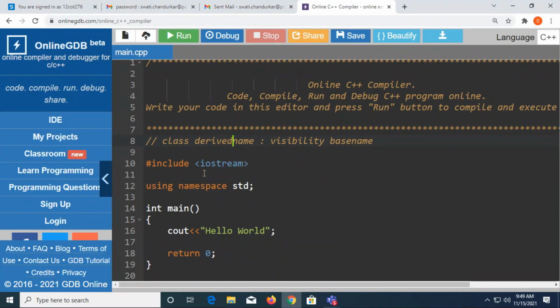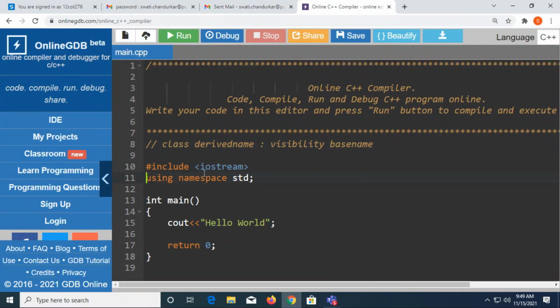Now let's go to the next part, that is the sequence of constructor and destructor. See, when I'm deriving one class or a child class from the base class, every time the definition of the child class is dependent on the definition of your base class. That means the derived class, that is the child class, is not executable till you read the definition of your base class, because this is a dependency. Fine. The existence of the derived class is not there. The existence of the derived class will be there only when you are creating a relationship with your base class.